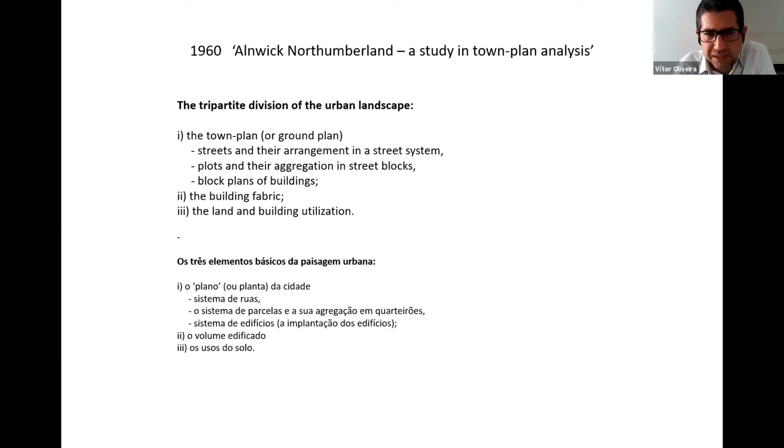Instead of block plans of buildings, you can think of the concept of building footprints, which is pretty much the same thing. So apparently very simple, but it means, at least for architects, a change of paradigm. We were trained to think of buildings